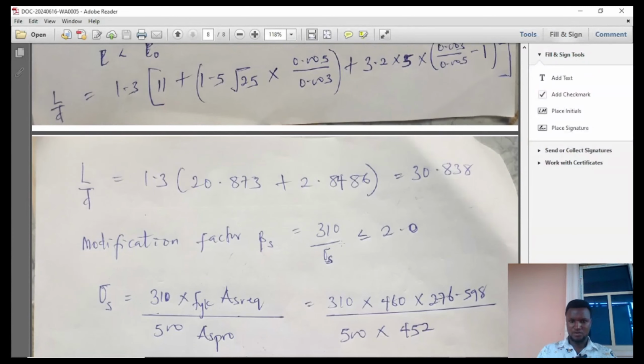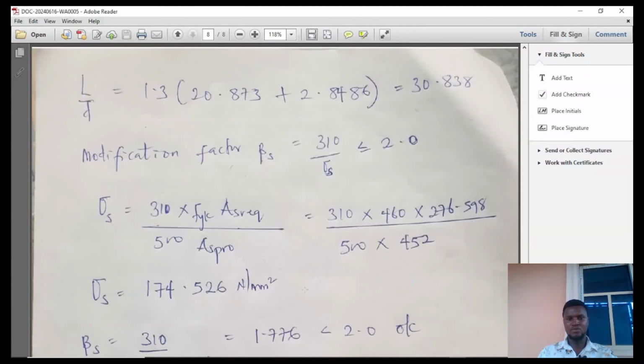Now this stress is 310 over 500 times FYK, multiplied by AS required over AS provided. This 460 is coming from the characteristic strength of your steel. Then your AS required is 276.598. AS provided is 452. So when you do that, you have 174.5626